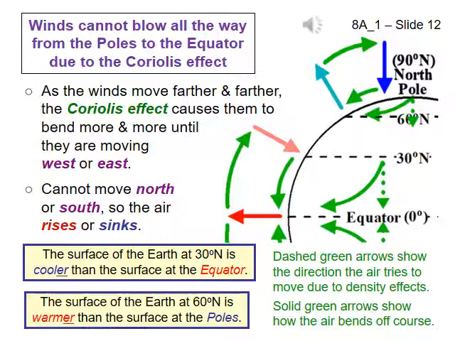Similarly, after air rises at the equator, it moves north towards the poles, cooling down as it travels. The air is bent towards the east by the Coriolis effect, and at 30 degrees north and south, the air cannot move any farther towards the poles. The air at 30 degrees north and south is not cold. Southern California is at 34 degrees north, but it is colder than the air at the equator, so its density is high enough for it to sink at these latitudes. Remember that the dotted arrows show air rising and sinking, air going towards or away from the surface of the Earth.